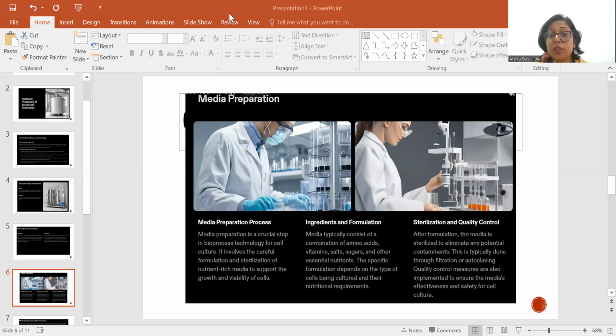Certain trace elements are also utilized in media formulation. As an example, we can say manganese. This is a very trace element which is sometimes added in media to produce certain products like